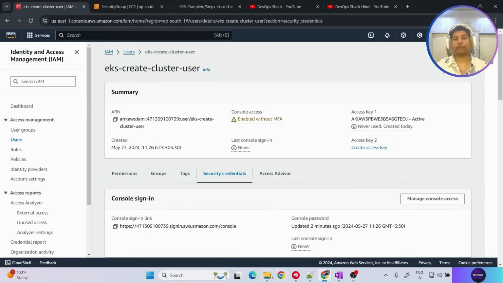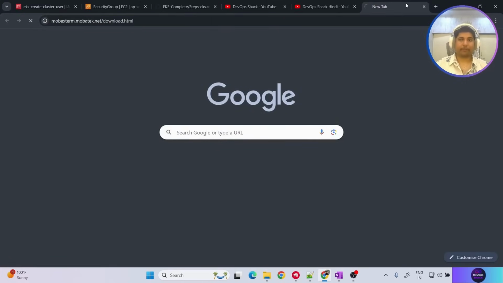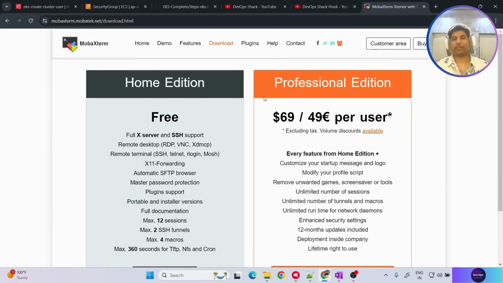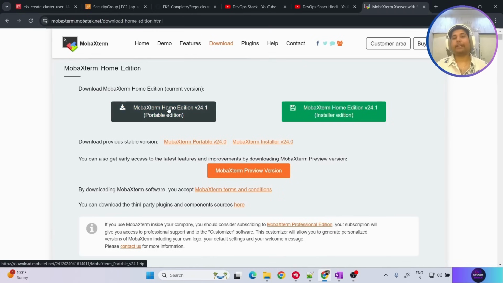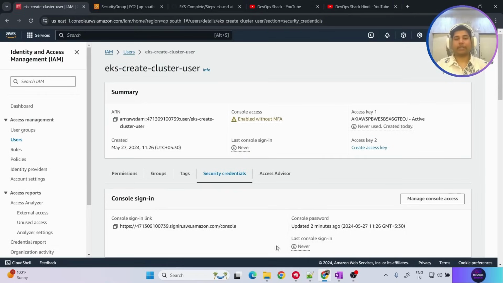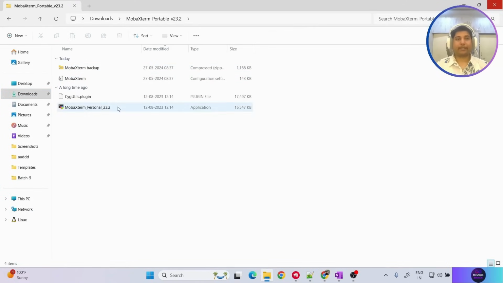So for that, first of all, make sure that you have this tool installed, MobaXterm. It's available for free. There is a professional version, but I suggest installing the home edition, which is free. Click on download now. And I always recommend using the portable version. Why? Because if you are in a company and you want to use MobaXterm, you can still use the portable version. It won't cause any issues. Okay, so you can install this. Once you have installed this, you can go to your download section wherever it is. This is the portable version. Okay, click on that